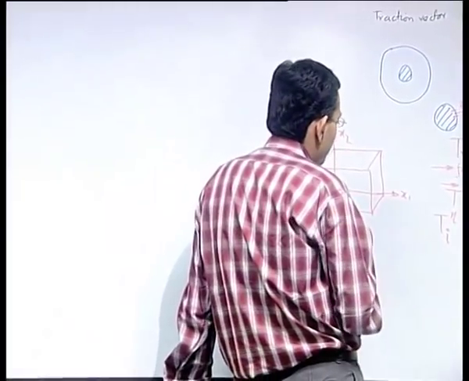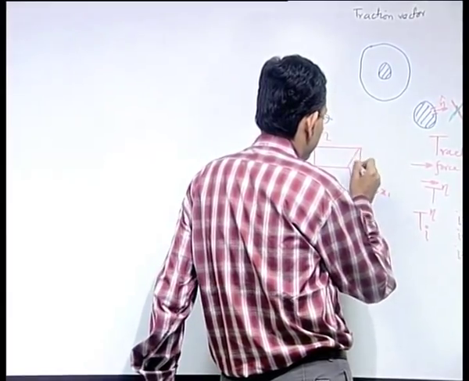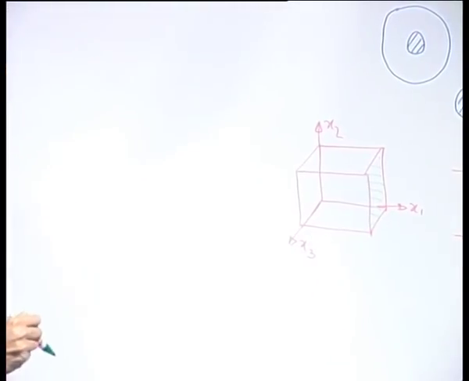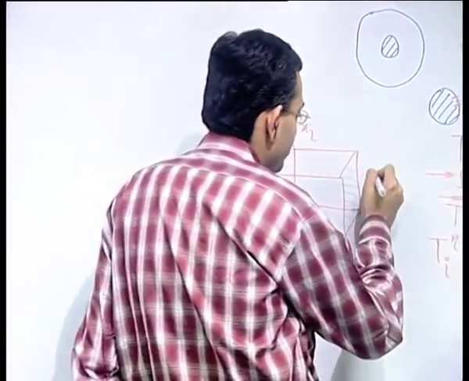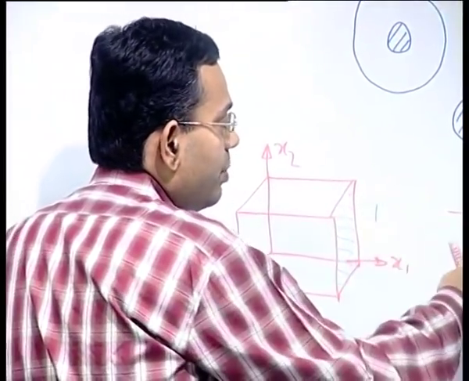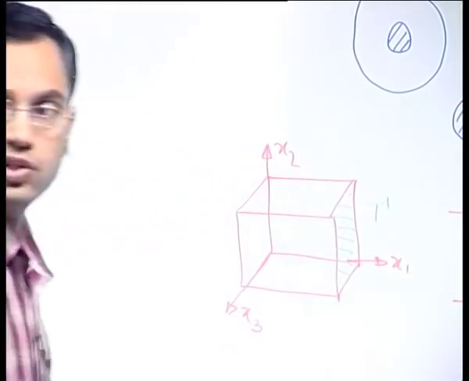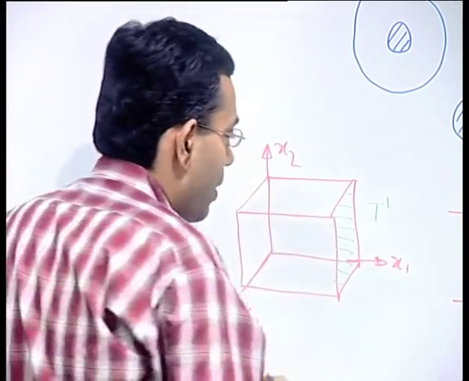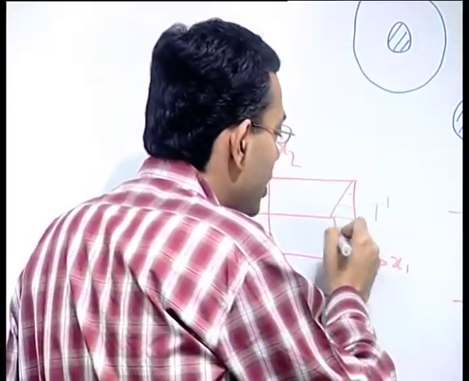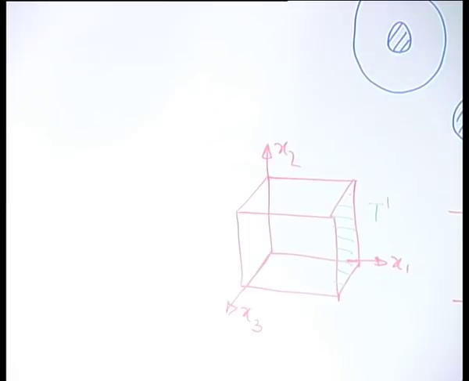Now let us consider the traction vector on this surface. So how do you designate it? You have T. What will be the superscript? We do not write x1, we write 1, it means of course x1, and now it depends on the component which we are considering. So if we are considering the x1 component, let us draw these components.